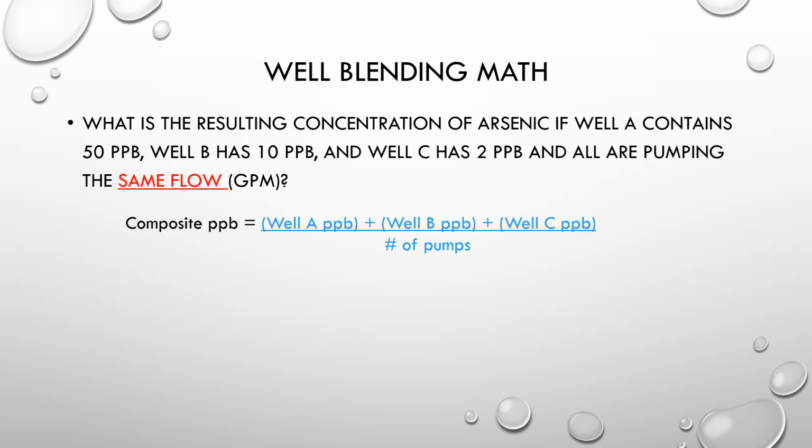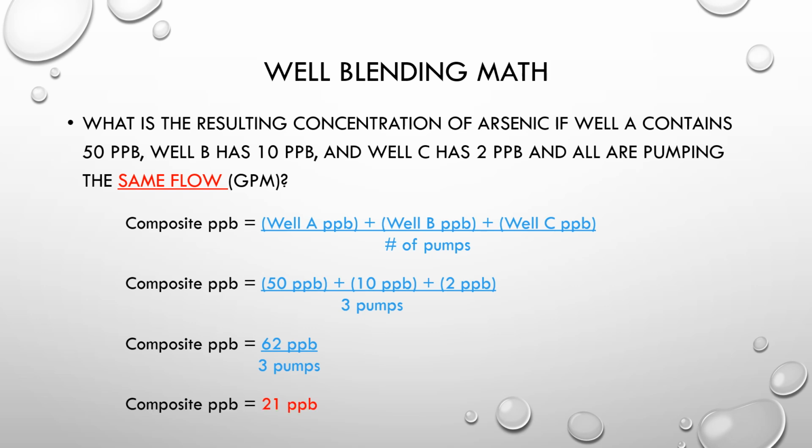All right. Well A in parts per billion plus well B in parts per billion plus well C divided by the number of pumps you have. So like I said before, in the problem, they're all flowing at the same rate. So now we just need to determine the number of pumps. And when you put 50 plus 10 plus 2, you get 62 divided by 3. That gives you, well, there's a rounding error there. Yeah, it's rounded up to 21 parts per billion. But that's a quick and easy